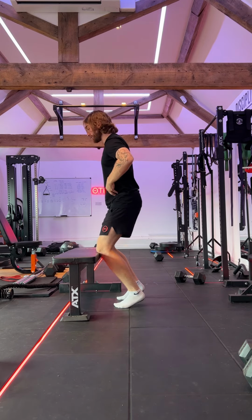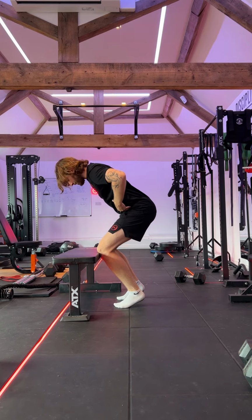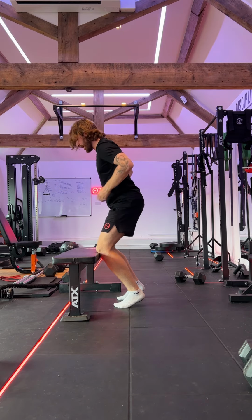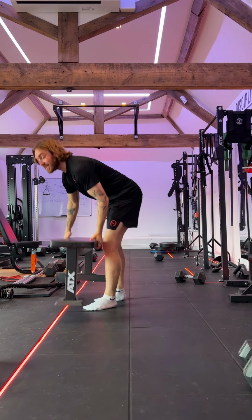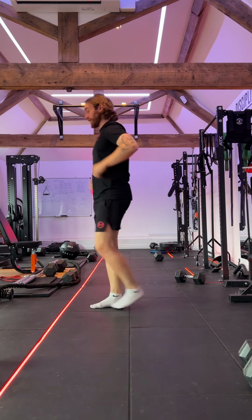So as I now start pushing to the back of the room, to come back forwards now, my knees are going to stay on that bench, which means that my hips have to come forwards, okay? So if you have to use that for the first couple reps, that's fine. But ideally, because that will help you and give you some stability, I want you to get to the point